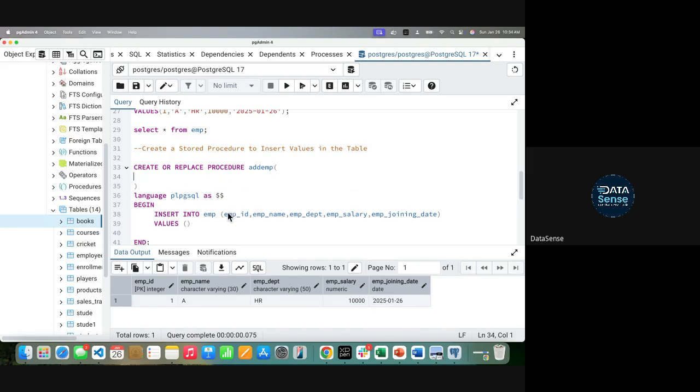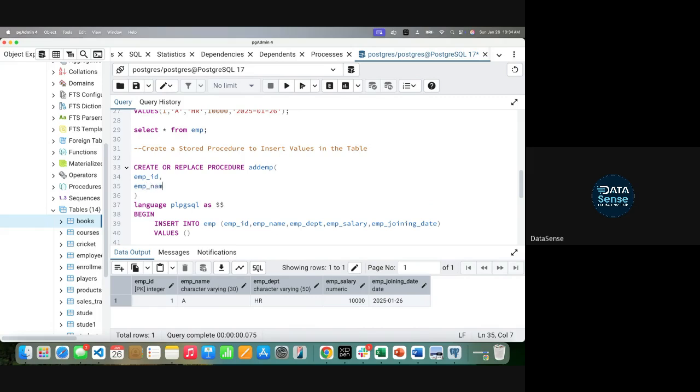Now you have given all these, so you have to write corresponding values here as well. For example, for EMP ID, you need to add a variable here, EMP ID. It can be different from this. You can simply create ID as well, but here you'll create EMP underscore ID, EMP underscore name, EMP underscore department.